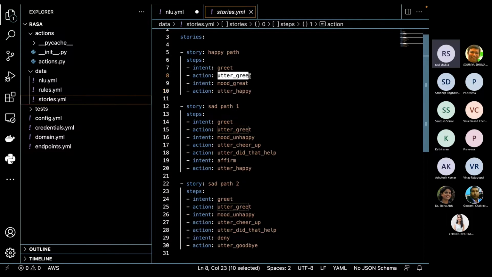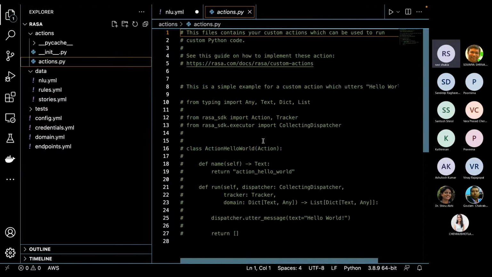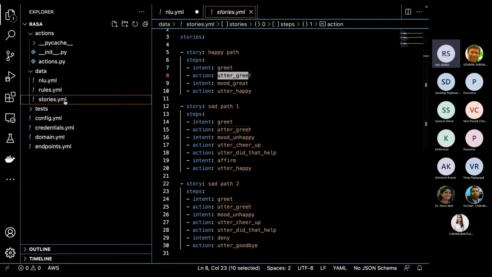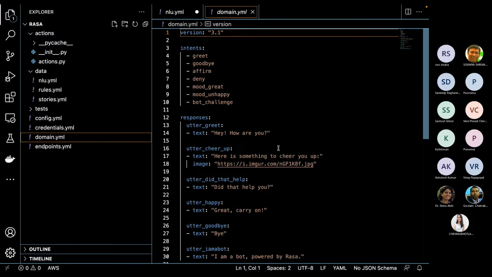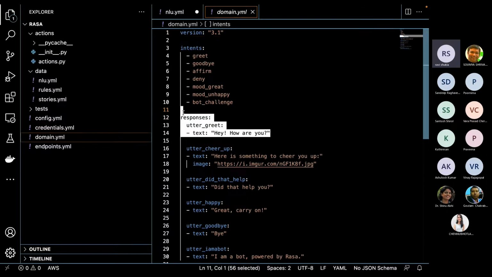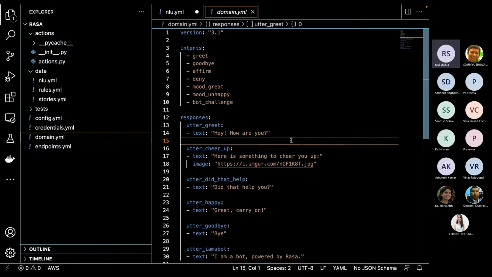Now open the actions file, there will be an actions file or something. Just open. Okay, I think it's not actions. No, not this one. I think it is in the domain.yml file. Just see one of these, or maybe in the config. Okay, domain.yml has this information. So utter greet means, hey, how are you?